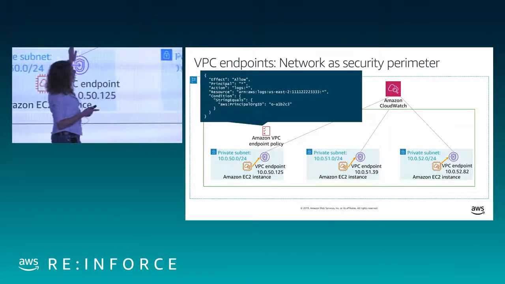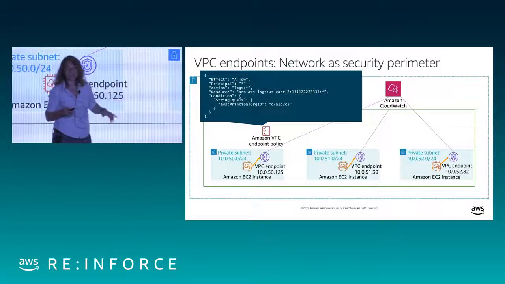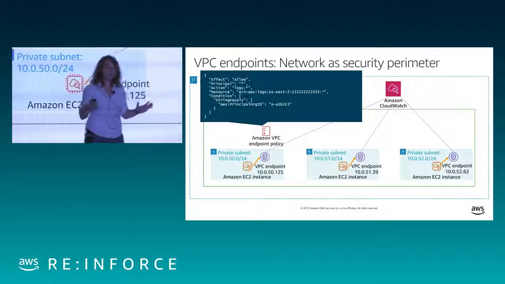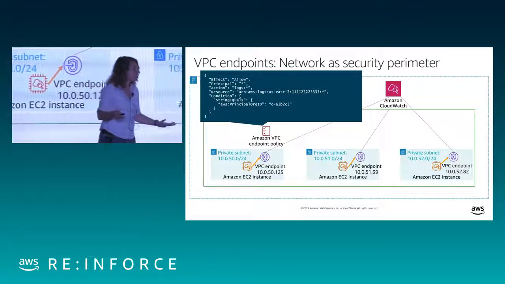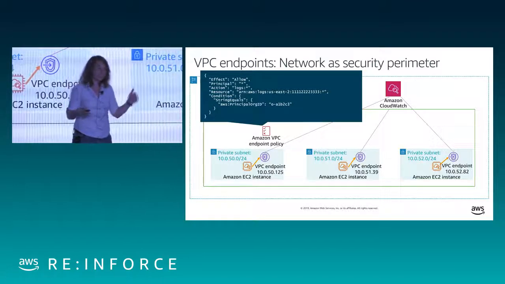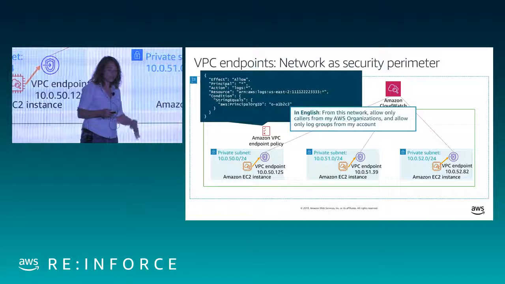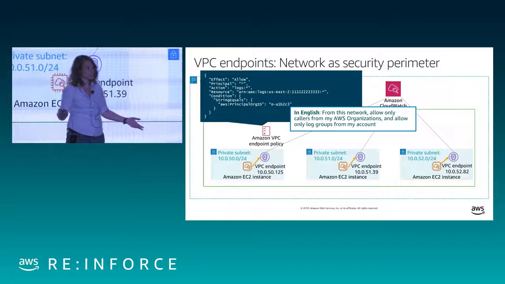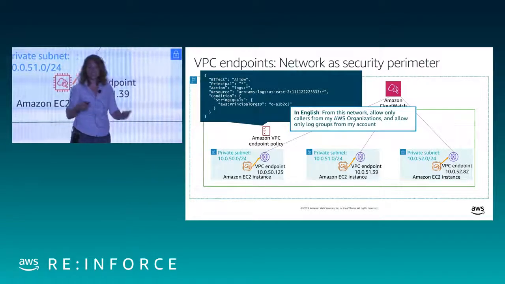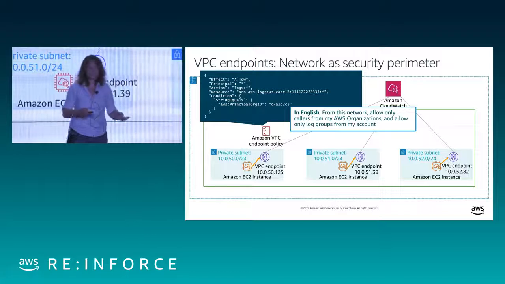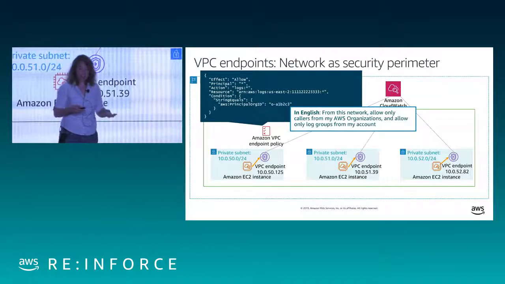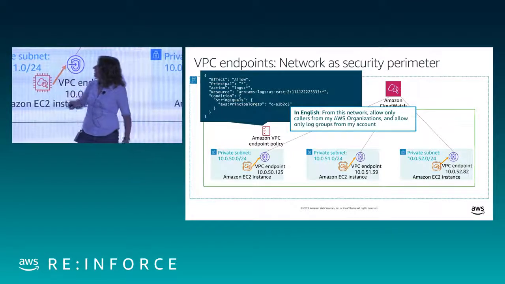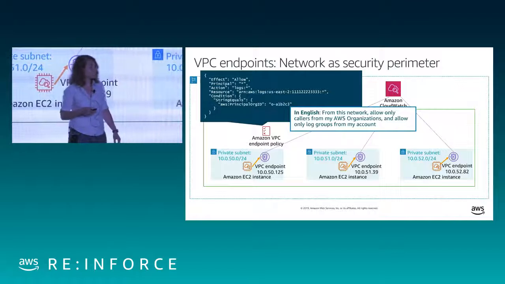Now one thing you should know about this policy, I'm not granting access to anybody to do anything. This is a boundary. What I'm saying is the maximum permissions that can be obtained by anybody who calls CloudWatch Logs through this endpoint is this. So what is this doing here? Well, this has a new condition that you haven't seen yet, principal org ID. That means the principal must belong to this organization. And what this policy means is that in this network, the only CloudWatch Logs calls that are going to get made are principals in my organization calling log groups that are in this particular account.